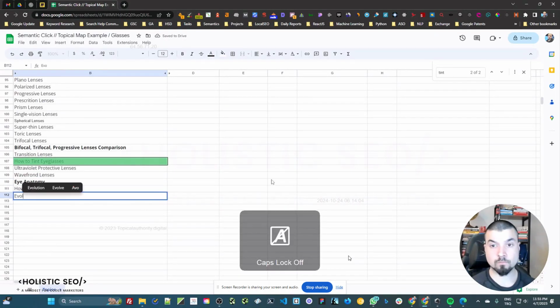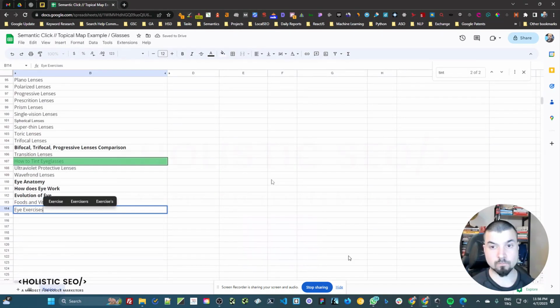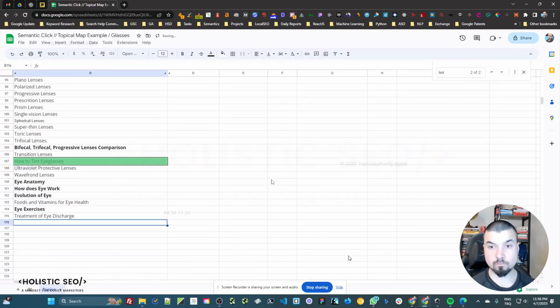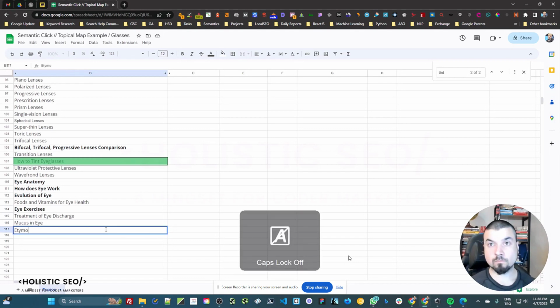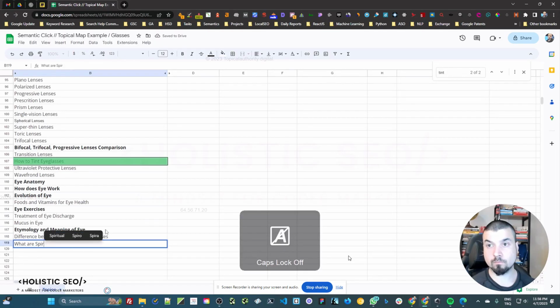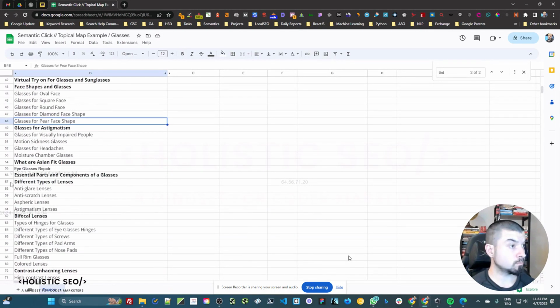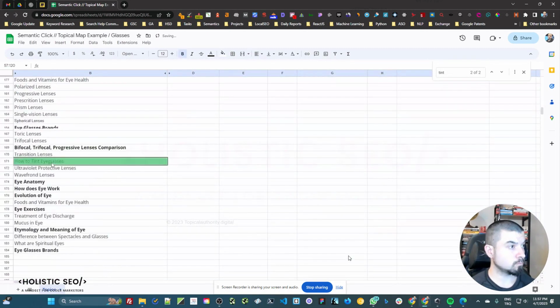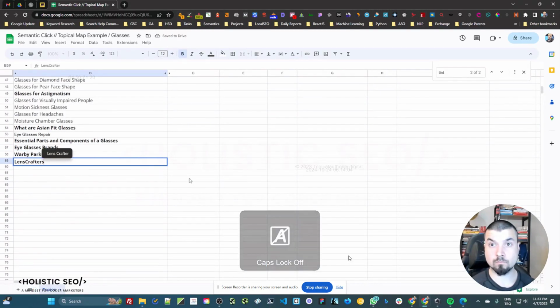Night driving lenses or photochromic lenses, polarized lenses, progressive lenses, which is connected to progressive glasses as well. Prescription lenses and prescription glasses will be connected to each other too. We will also see the content brief creation for this topical map for the root, and the root will be so diverse and we will have multiple source contexts for that root, and you will be able to realize that too. Then we also have added a comparison, bifocal, trifocal or progressive lenses comparison, at the same time